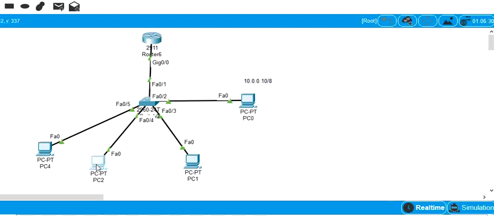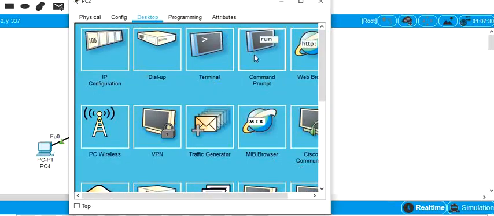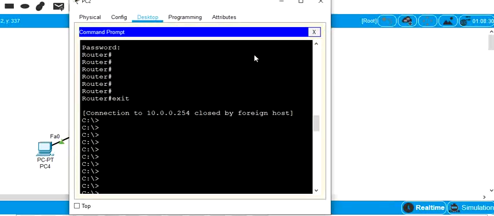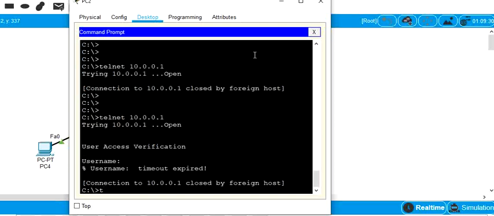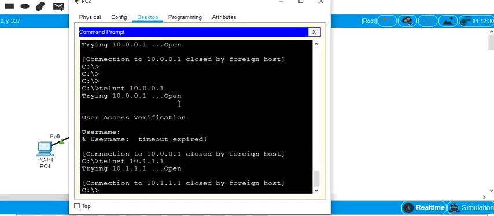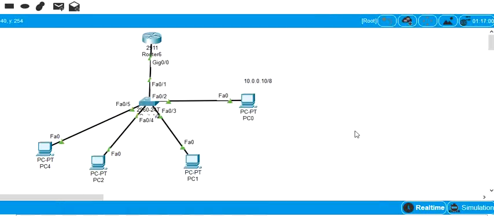The third one should not be allowed. So you can check telnet 10.1.1.1. It is not allowed by the remote host. Okay, so it's working fine for 2 telnet users.